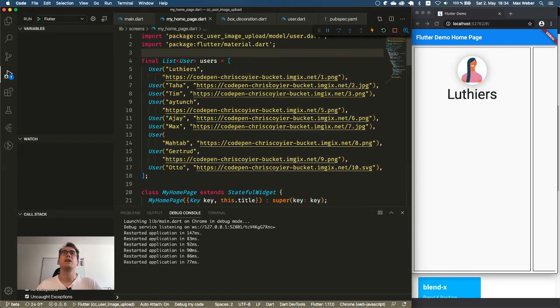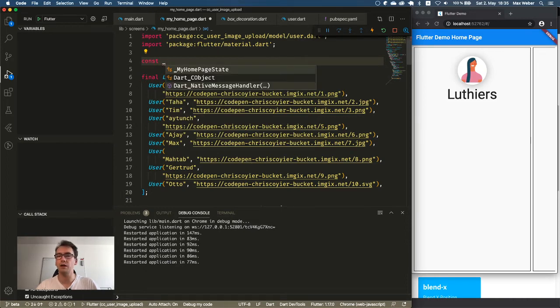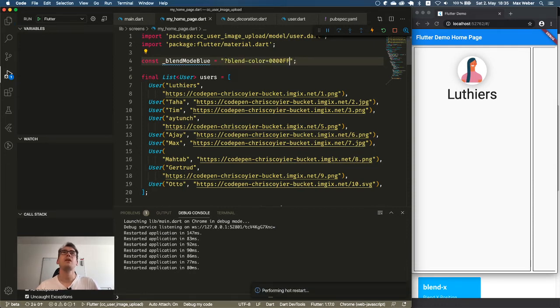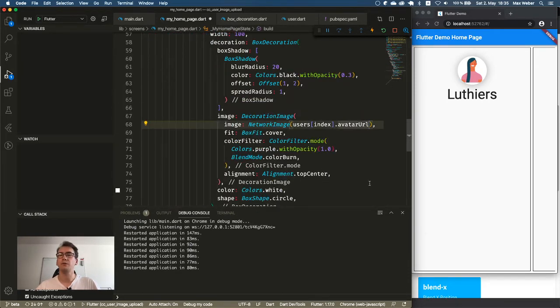So what I will do now is, because I know that I most likely will change the different filters and everything in the future maybe, I add also constants for that. I call, for example, the parameters, so blend mode RGB, so that would be blue, is this one. And this is a string. And why this is a string for me is, I can use that now wherever I use the avatar URL and just concatenate that again.